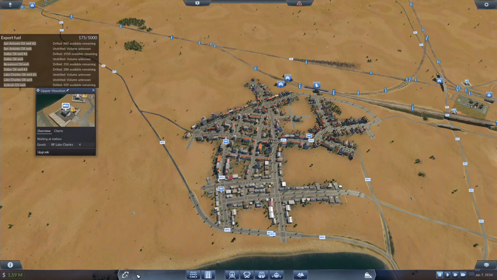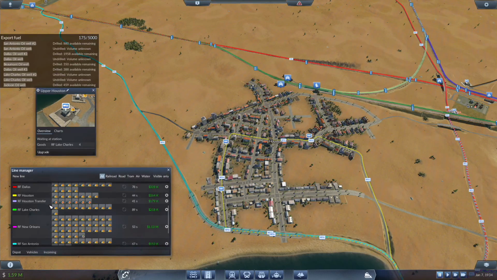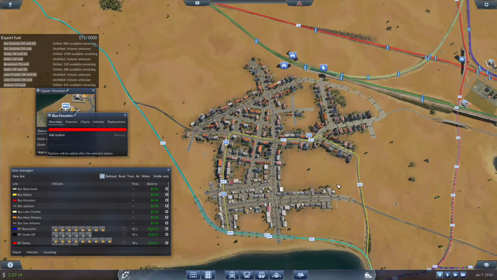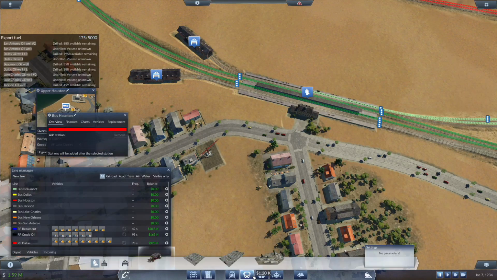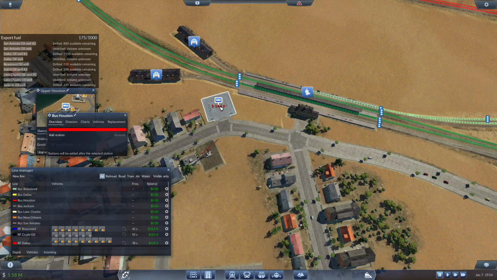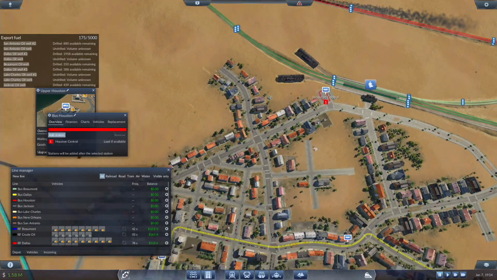Do I have bus service set up? I don't, but I will. Or rather, actually no, I don't. We are going to set up, from here, what I want to do is bus tram station. We're going to set this up right about there. And now we are going to go from there